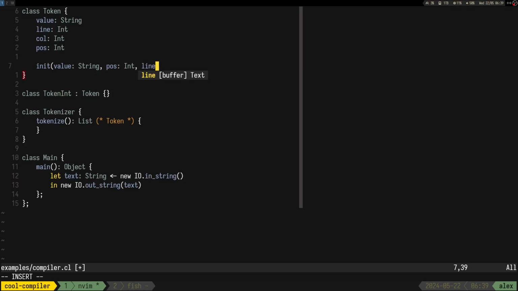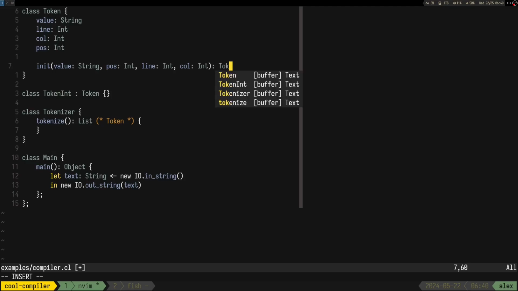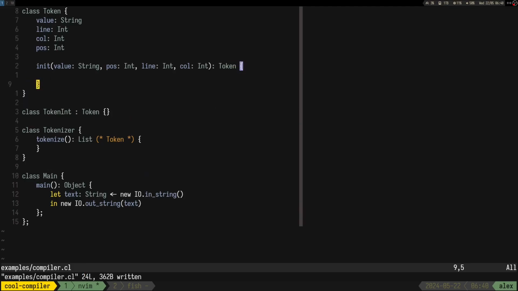I think I want to pass in line, column, and let's say this thing returns a token. But you know, might be easier to just pass in the buffer here. Honestly, I think it's gonna be easier.